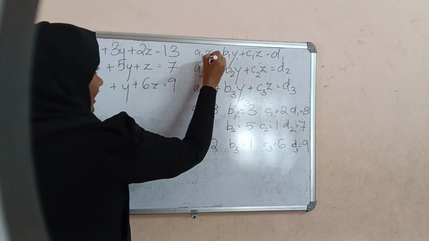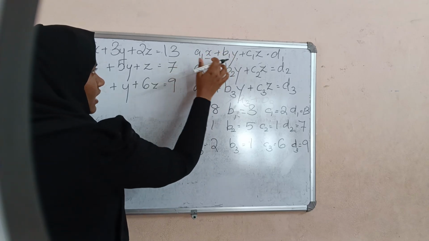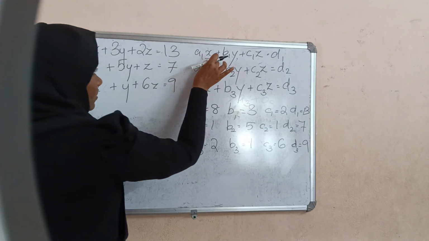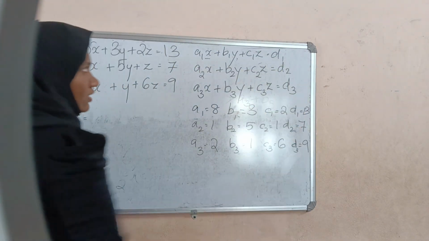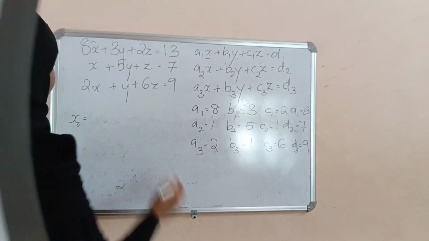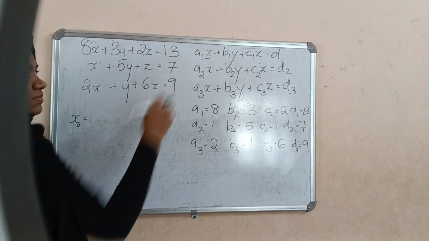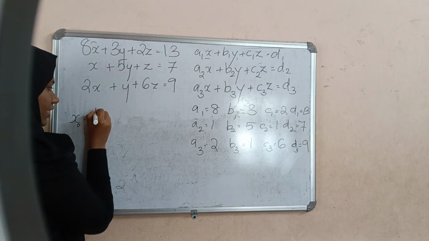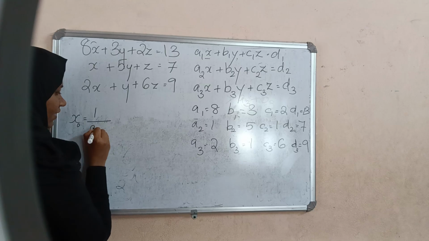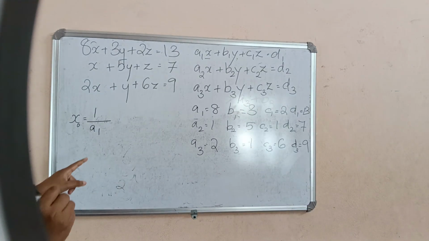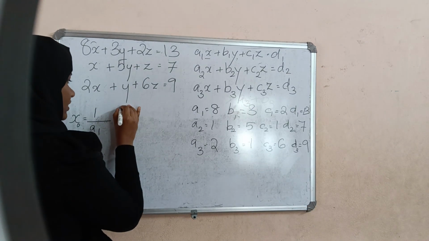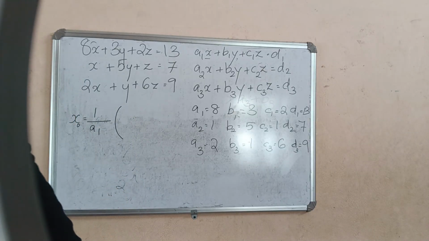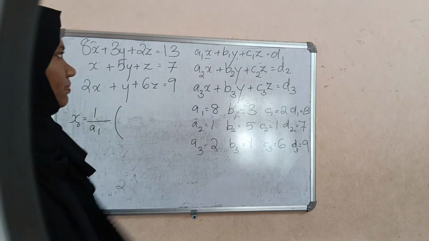We need to find x, right? So we will be keeping the x over here and taking all these values to the other side. Since it is multiplication over here, when it goes to the other side, it will be 1 by a1 into